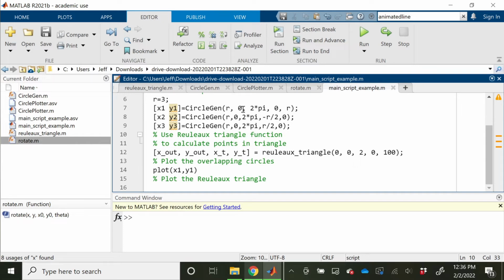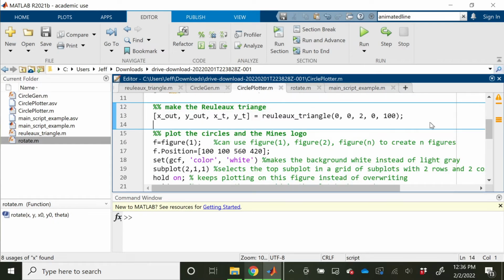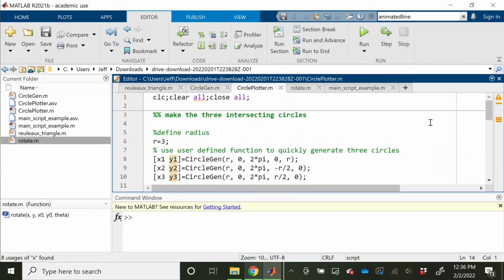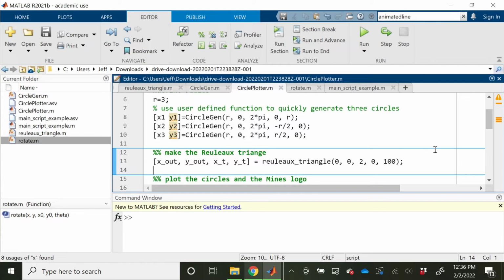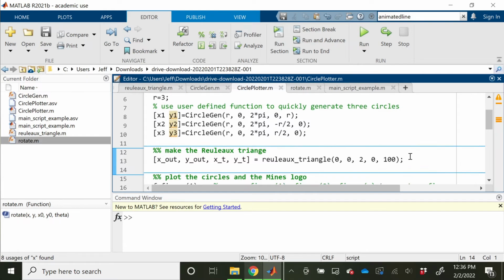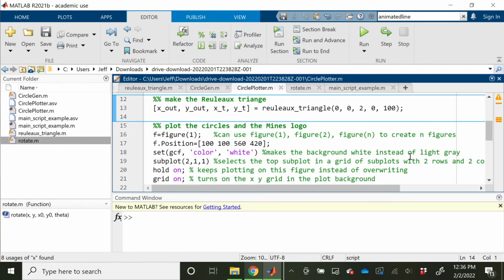Now, I'm going to jump over to the finished example code. So this circleplotter.m, this is posted up on Canvas, so you can go through it also and see the solution of how you can control the plots, because there's a lot of fun options that we can have here to change the way the plot looks, color and control colors, and all sorts of things like that. So the first thing we have here, this is the section where we're plotting